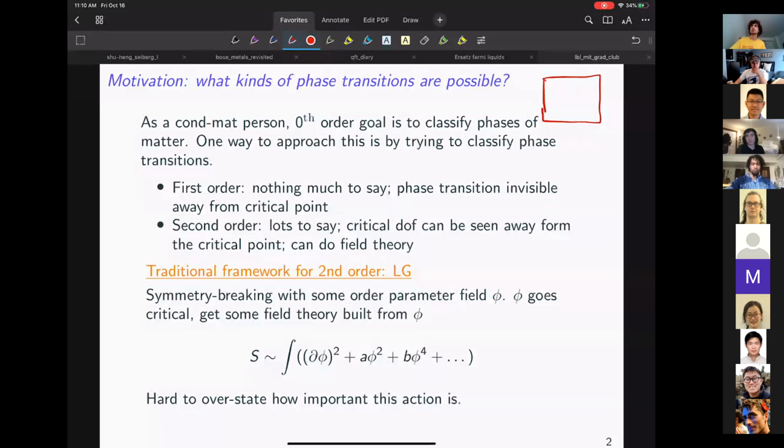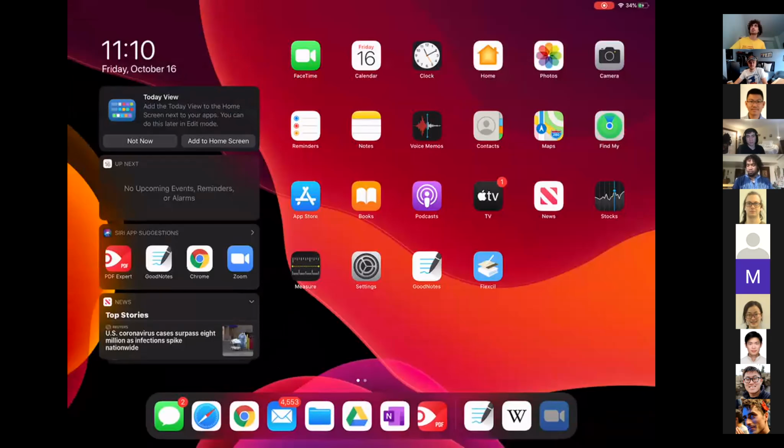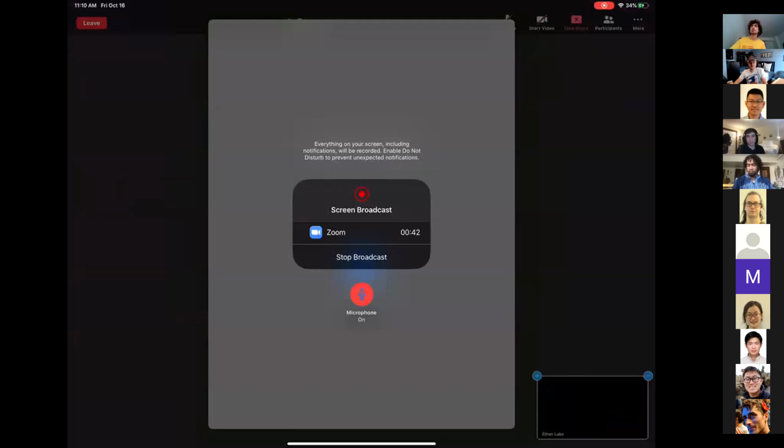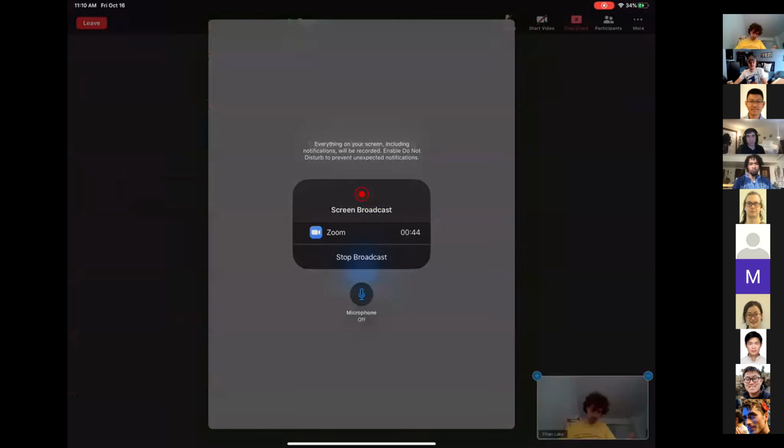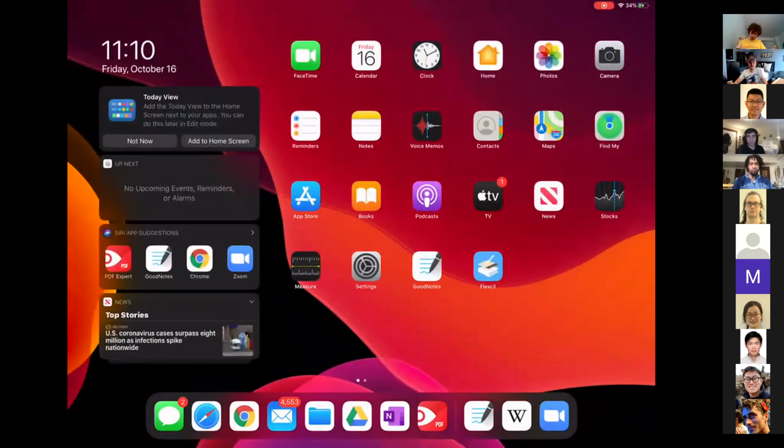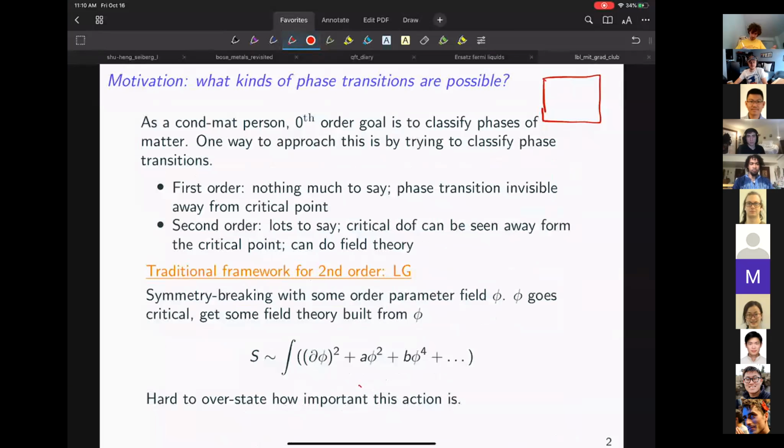If not, I'll just switch over to my computer. Anyway, so I was saying, this red box, well, maybe this won't be such a big deal. Anyway,